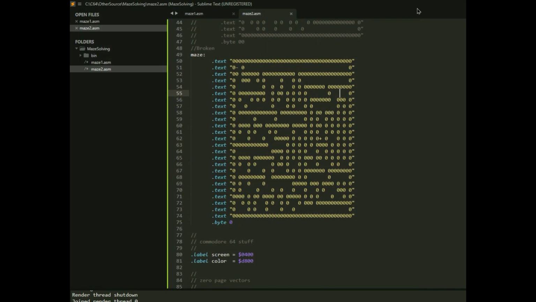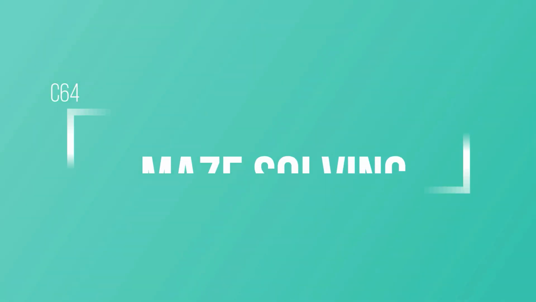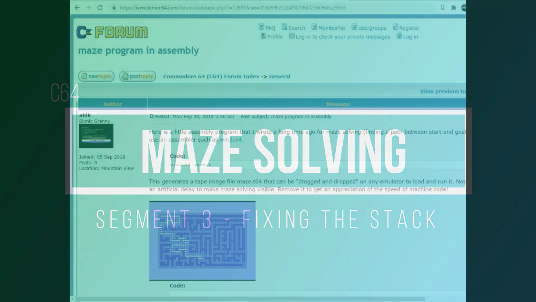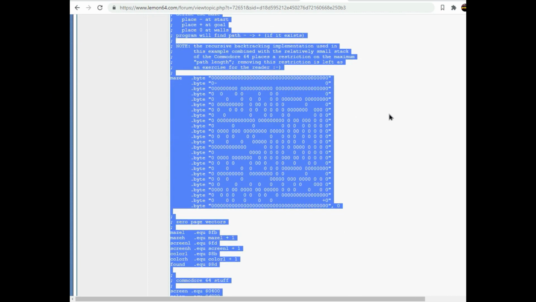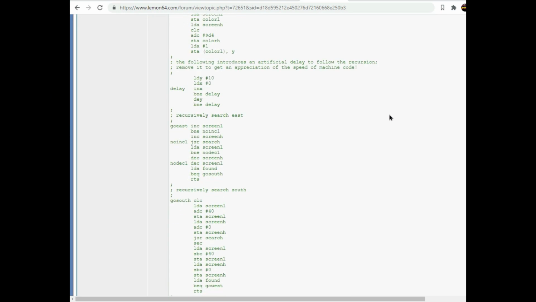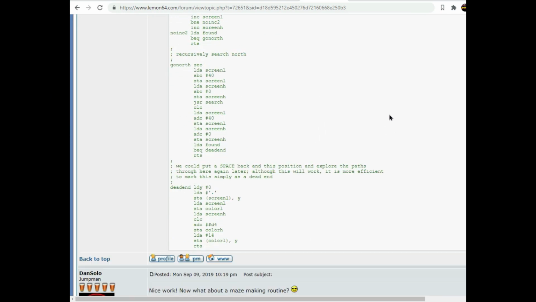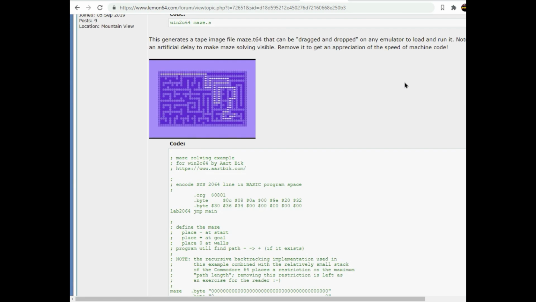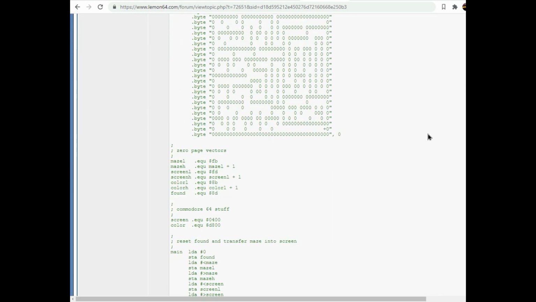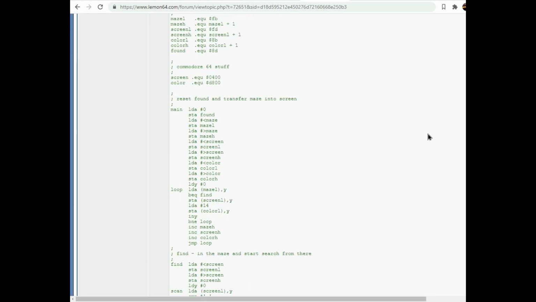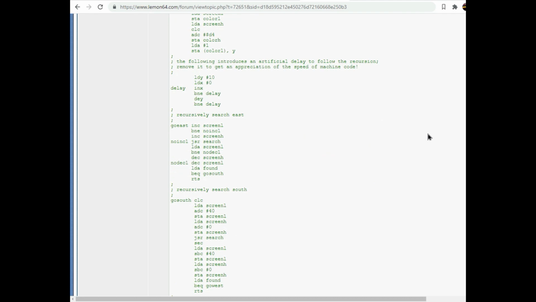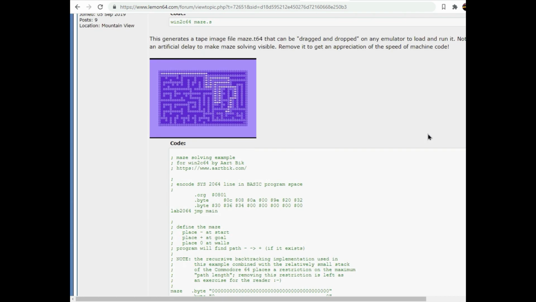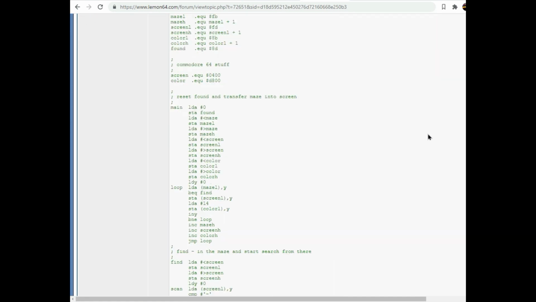And that was discussed on the Lemon 64 forums. You know, like what happens if your maze is too large, or if it can't solve it soon enough. And at first, Aart said, hey, all you have to do is build your own stack. You know, don't use the built-in stack. And I'll leave that as an exercise for the student, or for the people that read this forum, which is